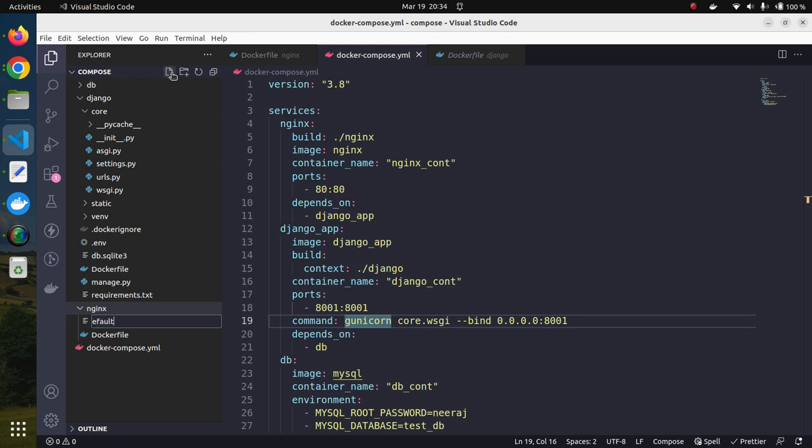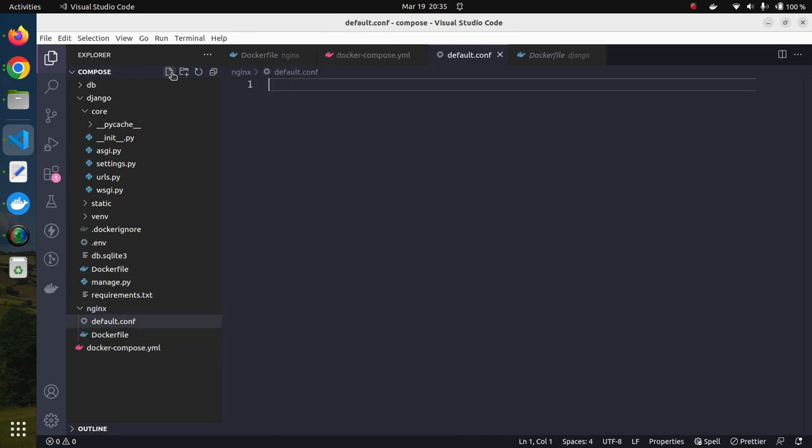So we will create a file. Let's name it default.conf, and inside this file we are going to replace the default configuration file with our own configuration file, so that it can know how to serve the